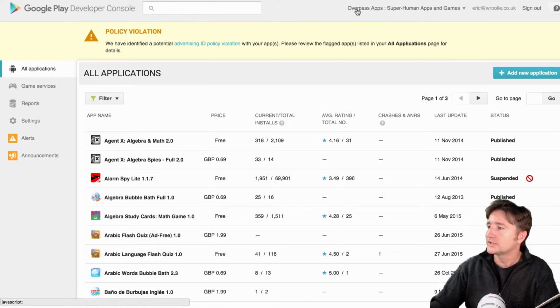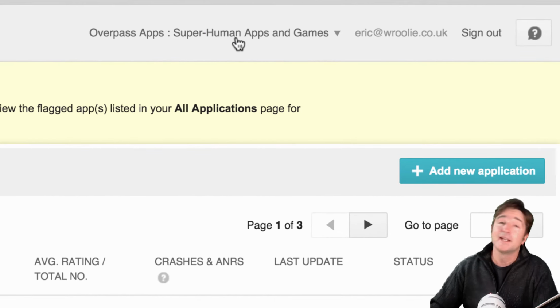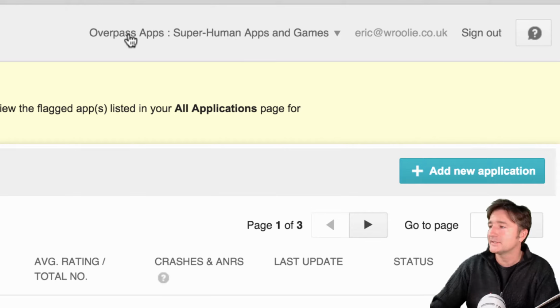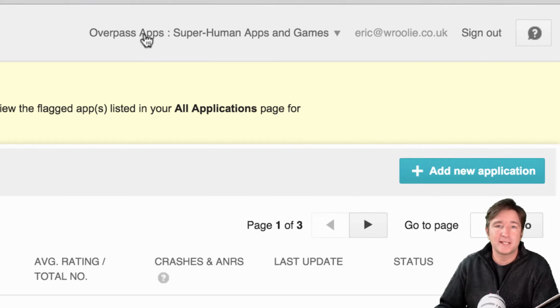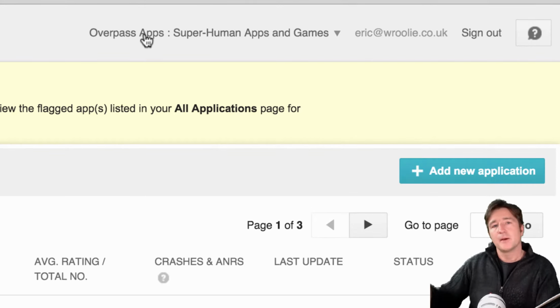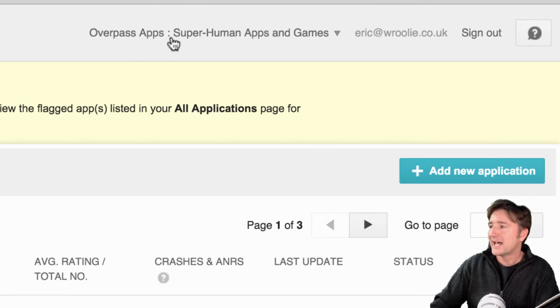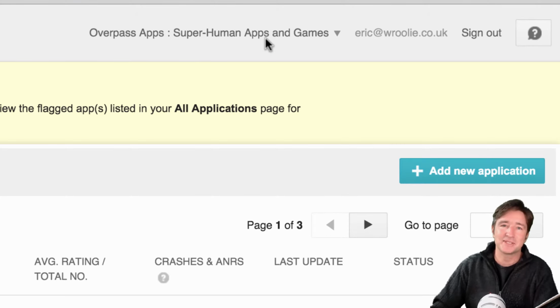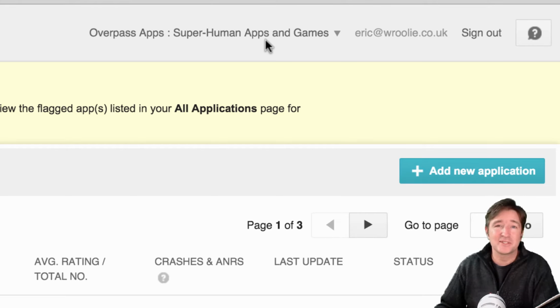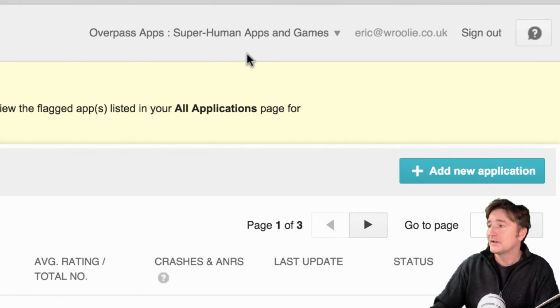Up in the upper right hand corner, you'll see the name of the app developer name. This is something I tried a few months ago, so it always said Overpass Apps. However, this is what people are going to see when they download an app or when they go to your app. So if people come in to see EarSpy, they'll see Overpass Apps. So I saw somebody else had done this and I thought I'd give it a try. I changed it to Overpass Apps and gave a subtitle, Superhuman Apps and Games. Overpass Apps is not the most interesting name, so if you throw something else in there, it helps. Our downloads have gone up and I don't know if that's the reason why, but ideally